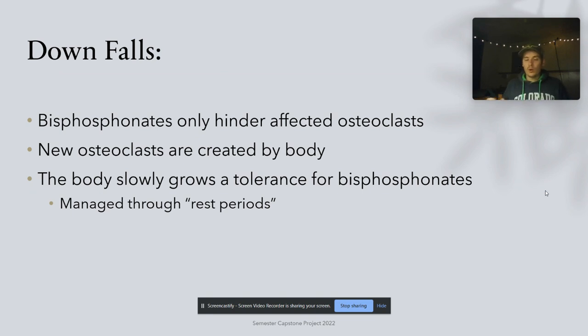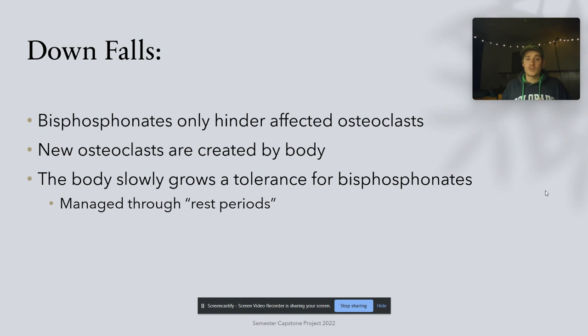So, with that happening continuously over and over again in some diseases, one bisphosphonate can only hinder one osteoclast. So, with the body creating more osteoclasts to continually break down bone, you have to continually administer bisphosphonates in order to prevent the breakdown of bone,